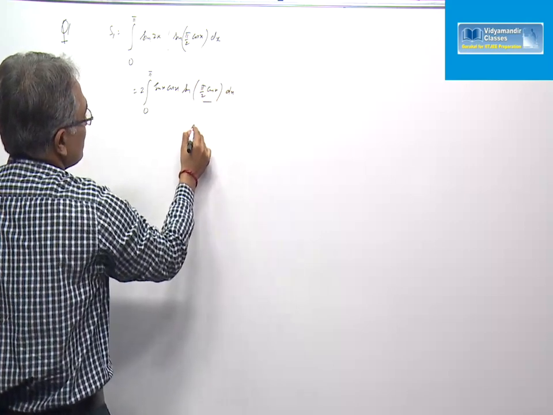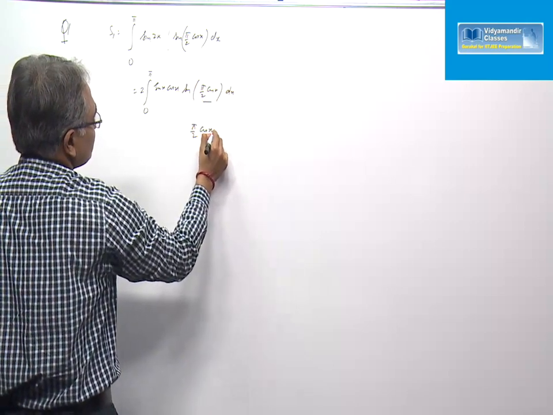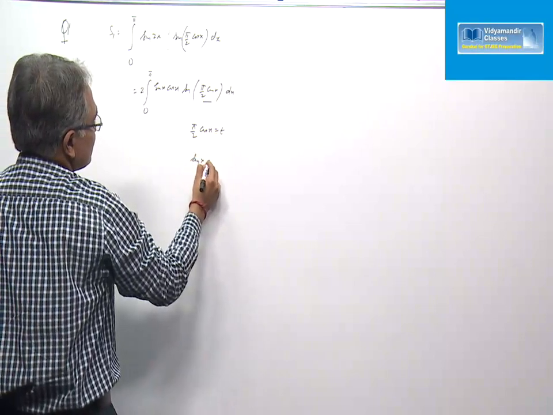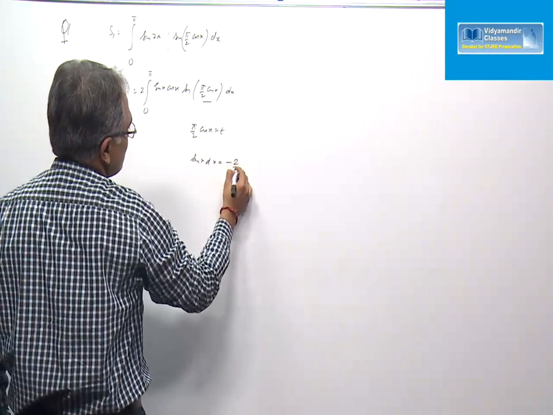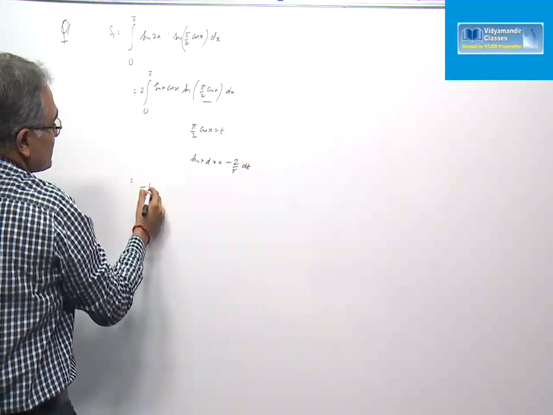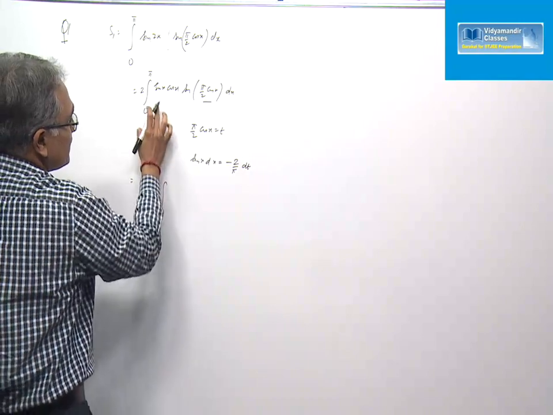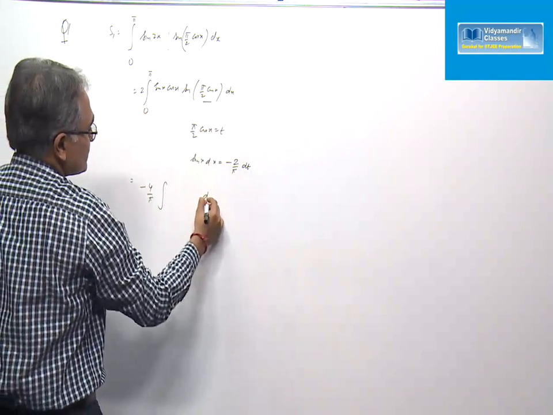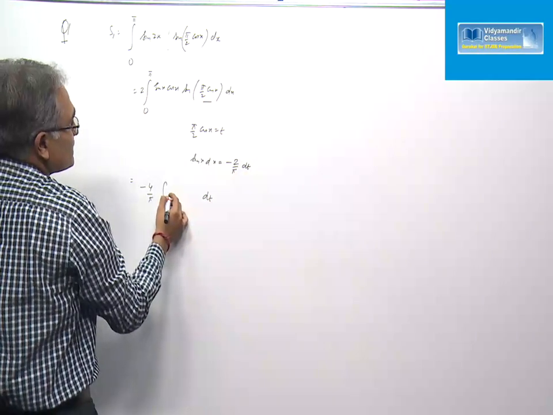So let's say pi by 2 cos x is t. Hence sine x dx will be minus 2 by pi dt. This is minus 4 by pi integral, sine x dx is dt, that is cos x is 2 by pi